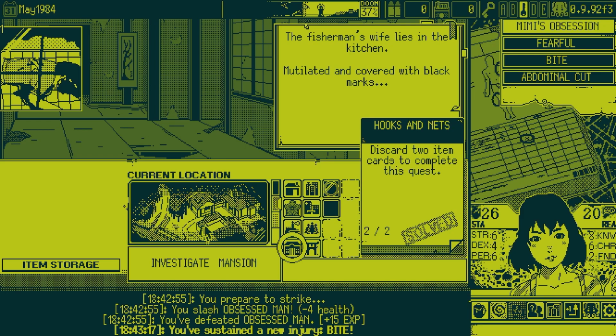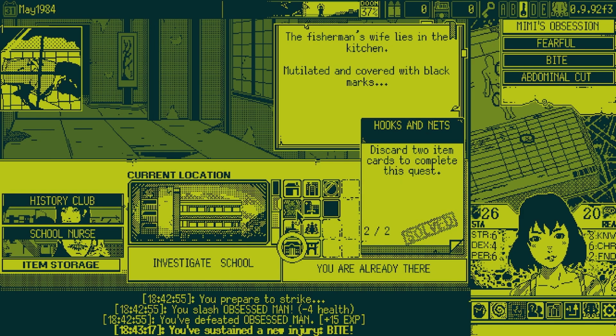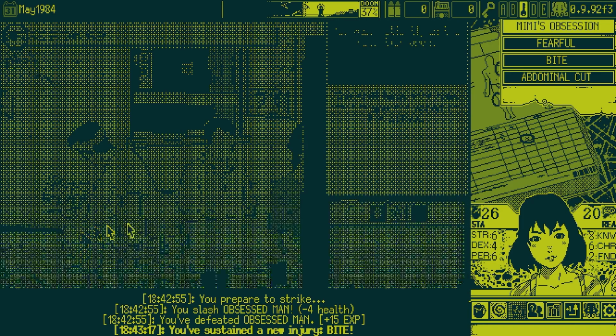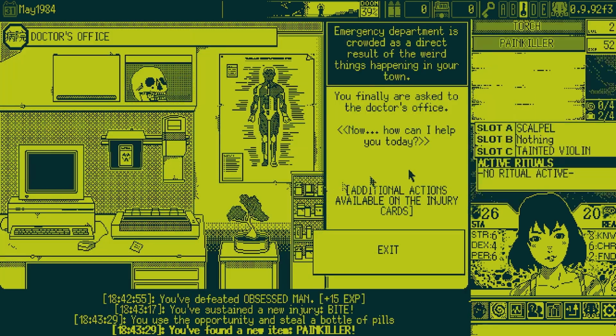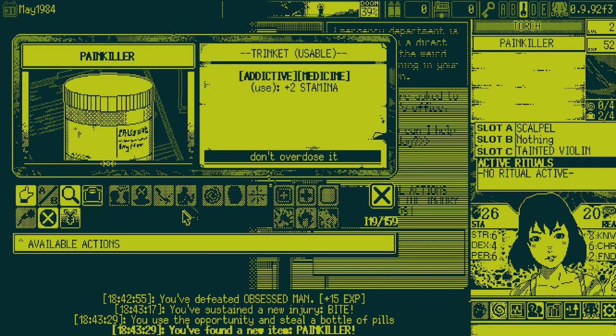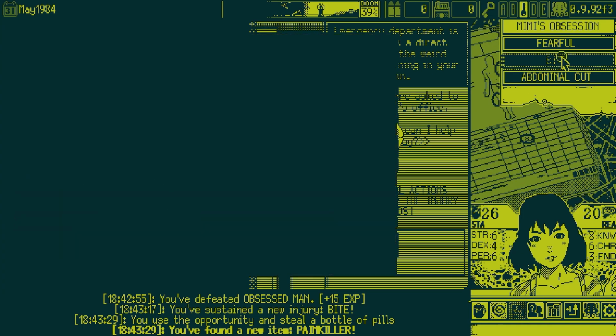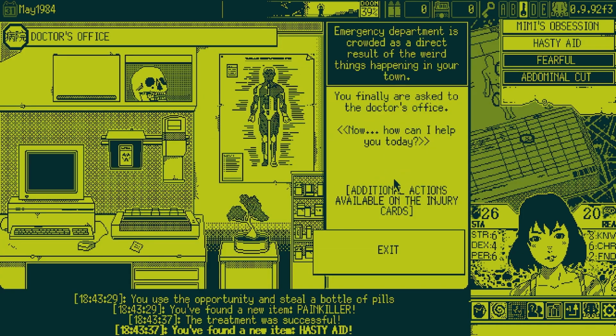Okay, that bite. Do we care about that bite? How much do we care about this bite? Because there's no real purpose of going here besides getting +1 fund. Because this pays for itself, pretty much. I guess we could get an Abominable Cut taken care of, but...